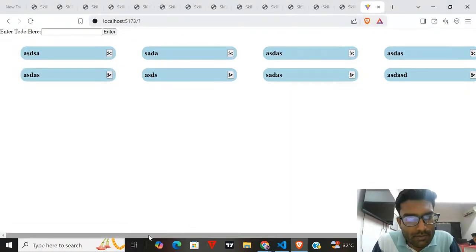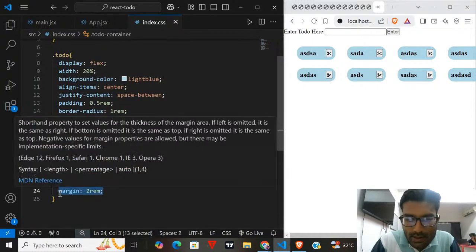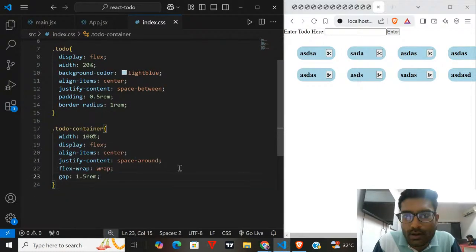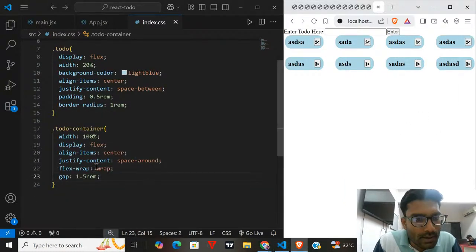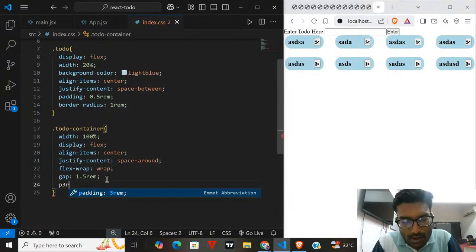So now you can see everything is looking great, and you can remove this margin. Instead you can give some padding, let us say 3 rem.